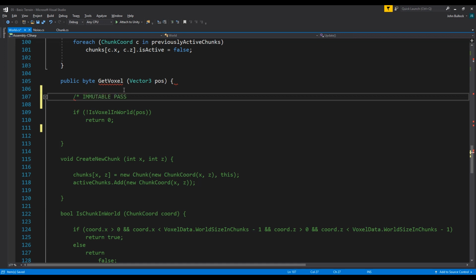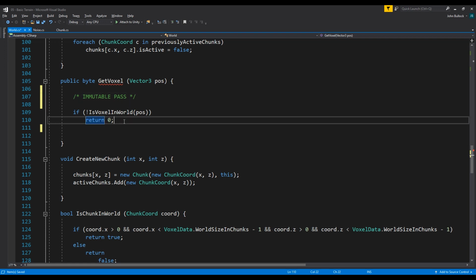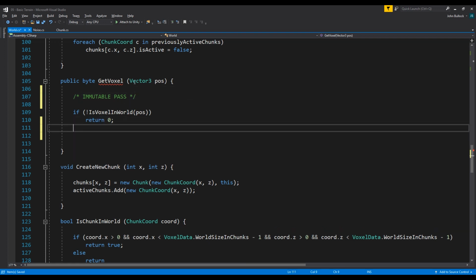What this means is that anything that's done here is absolute. So this first check that we've got here, if it's outside the world, that's what that check does, then we are returning an air block. That's always going to be the case. It doesn't matter whereabouts in the world we are. Anything in this immutable pass bit, it doesn't matter where we are in the world, what biome we are, what height we are, or what seed we're using. These values will always return exactly as they are if this condition is true. And the same for,